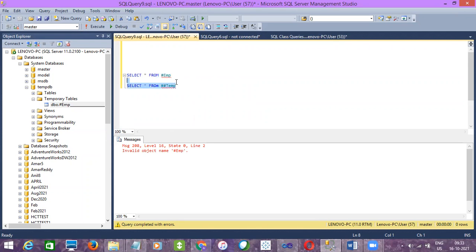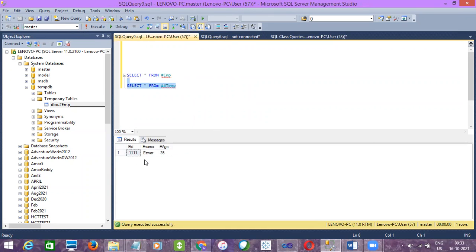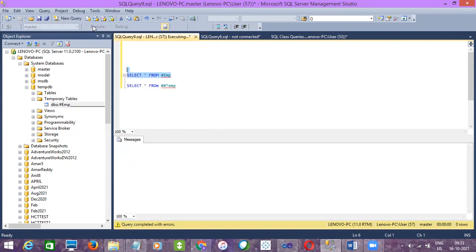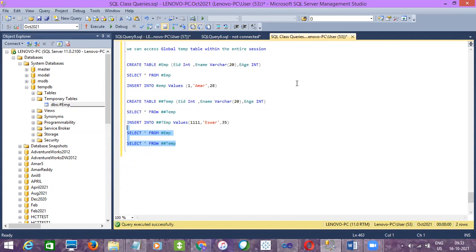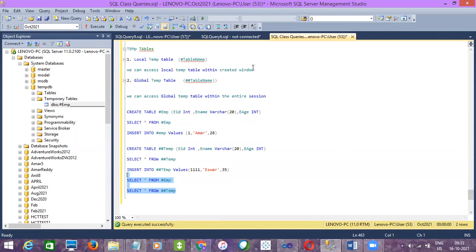I am able to access double hash temp, which is the global temp table, but if I try to do select star from single hash, which is the local temp table, it says invalid object name, right? As I told you in the definition, a local temp table we can access only within the created window, whereas the global temp table we can access within the entire session, which means in multiple windows as well.